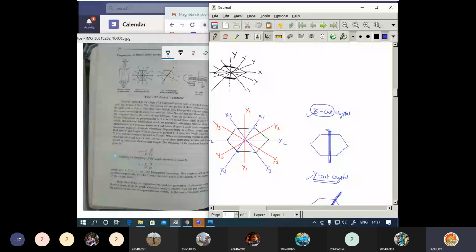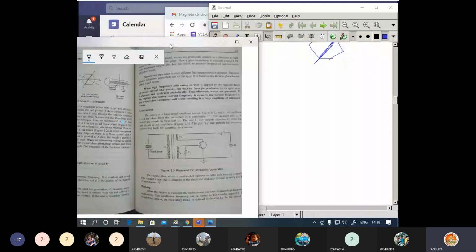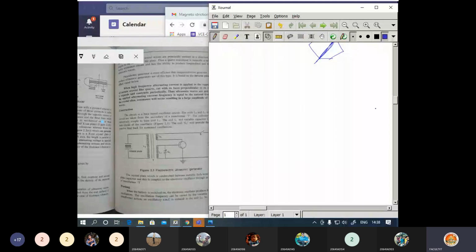Okay, now let us go with the circuit here. So this part. First of all, you identify the circuit here. You need to draw the transformer; first you identify the transformer. Now the transformer will have a primary and a secondary. Try to identify where is the primary and where is the secondary.